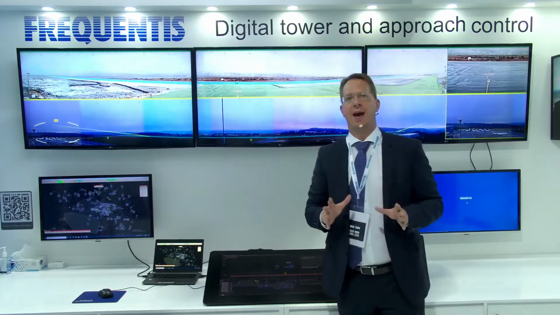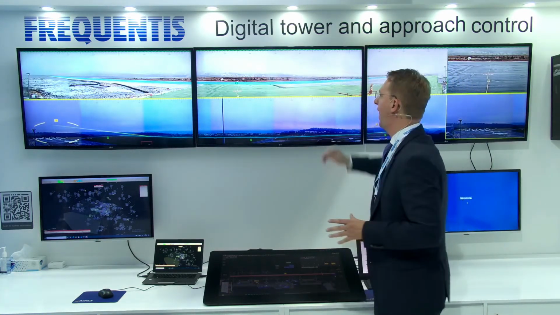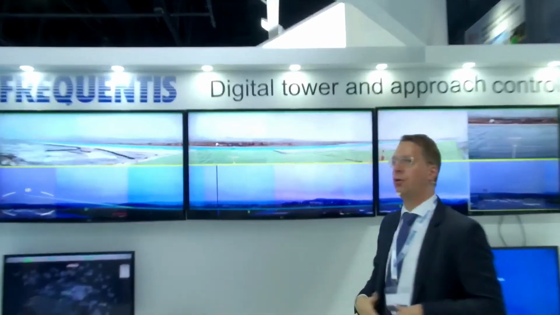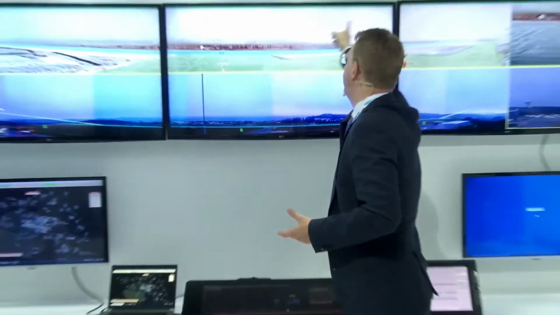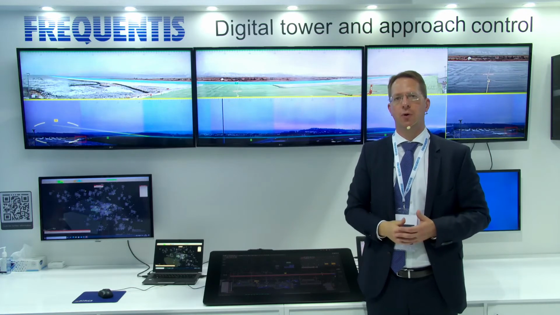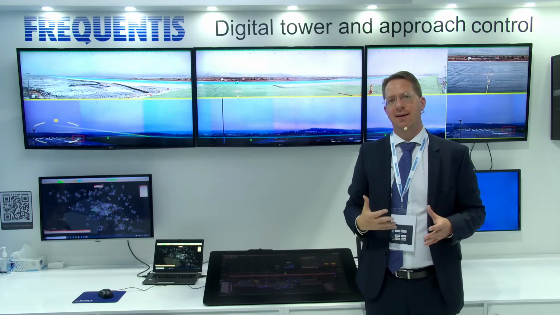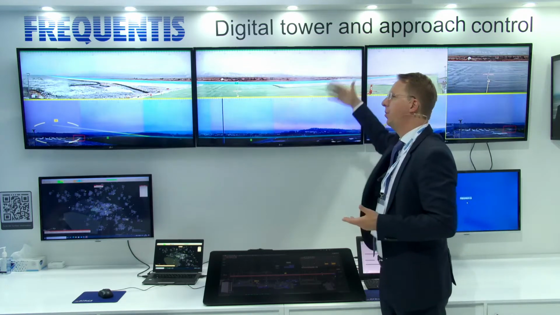Here we have an example with 2 airports. In the upper part you have the airport of Akureyri in Iceland. In the lower part there is the airport of Saarbrücken. And basically you see here at least 1 additional safety tool. Those animations in the green bar are an indicator of an incoming radio call. As soon as the controller hears an incoming radio call in the headset, he knows immediately from which airport this radio call is coming, which gives additional situational awareness.